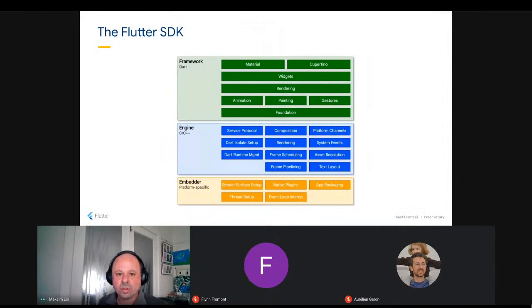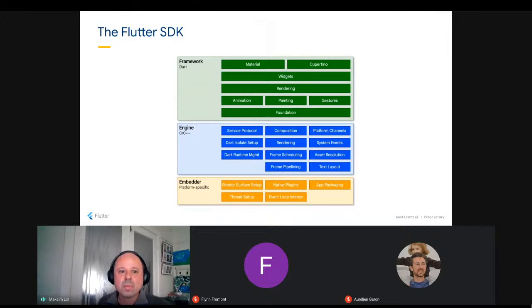Now, Flutter itself, as I said, is an SDK, a software development kit. And this is the stack that makes up the Flutter SDK. I'm not going to talk about more than one or two of these little boxes, but this is just intended to give you an idea of the major components of Flutter.